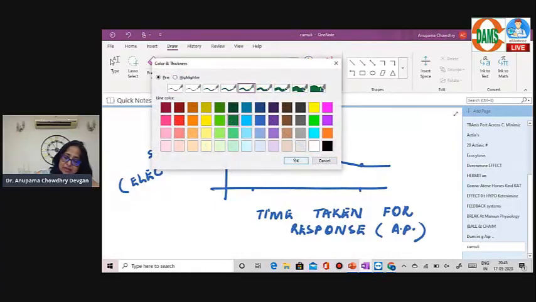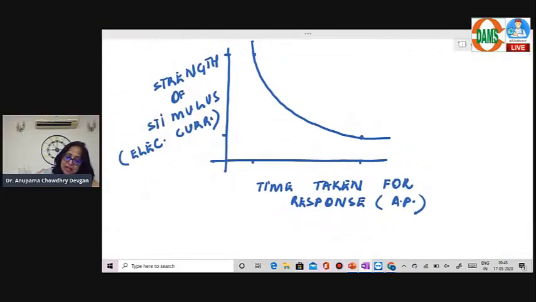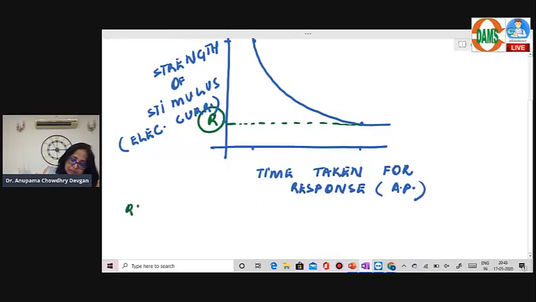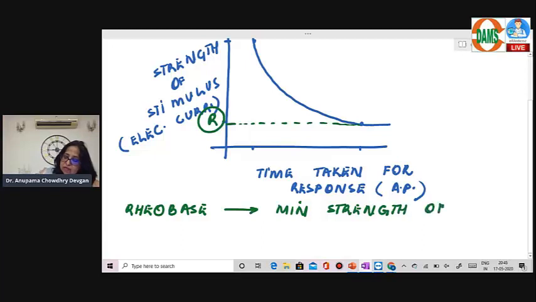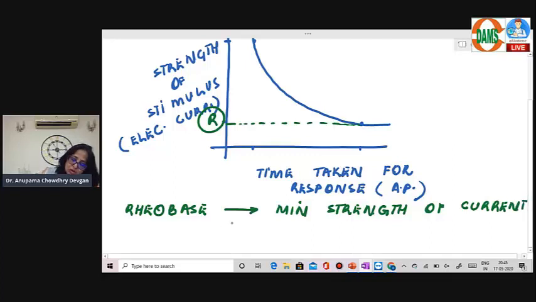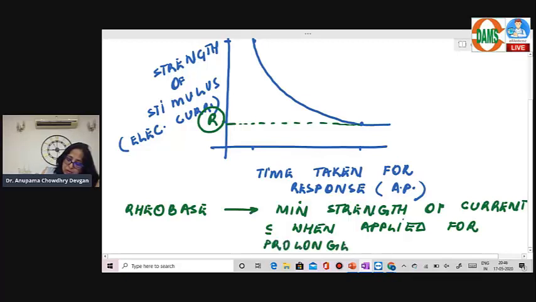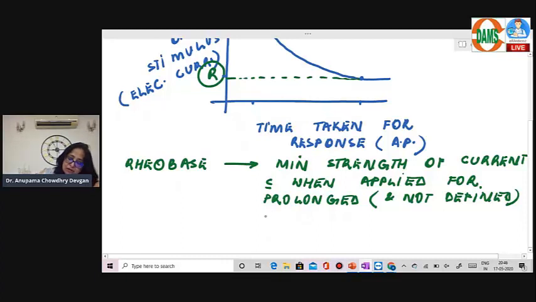Now there are 2-3 important terms here, and let's try and do which are these important terms. The first one is what you understand by rheobase, right? What is rheobase? Let's write this down. Rheobase is the minimum strength of current which, when applied for a prolonged and not defined period of time,